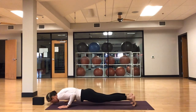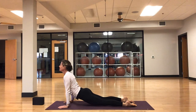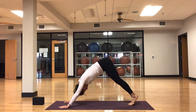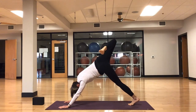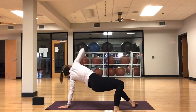Once you got it, exhale, lower. Loop your shoulders back again, lift through your heart, extend your spine, and then lift your hips all the way back up to the sky, down dog. Good, so from here, toes return together. Inhale, right leg lifts up, bend the knee, open up the hip. Stay here. Roll out through the ankles, do whatever feels good, or if flipping the dog is something that you